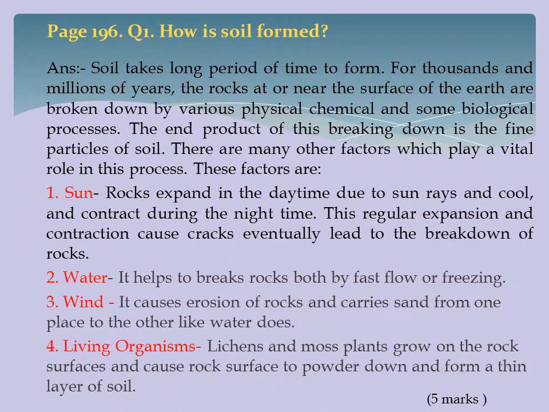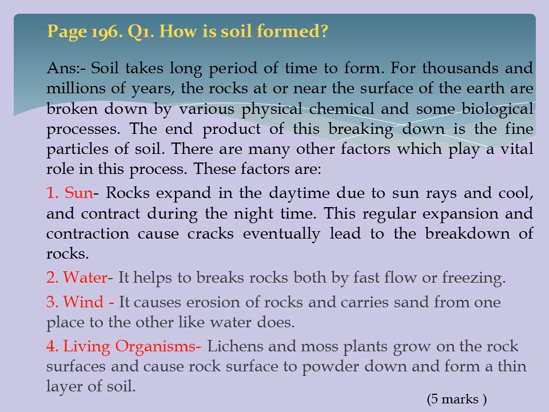Page number 196, question number 1. How is soil formed? Answer. Soil takes a long period of time to form. For thousands and millions of years, the rocks at or near the surface of the earth are broken down by various physical, chemical and some biological processes. The end product of this breaking down is the fine particles of soil. There are many other factors which play a vital role in this process. These factors are